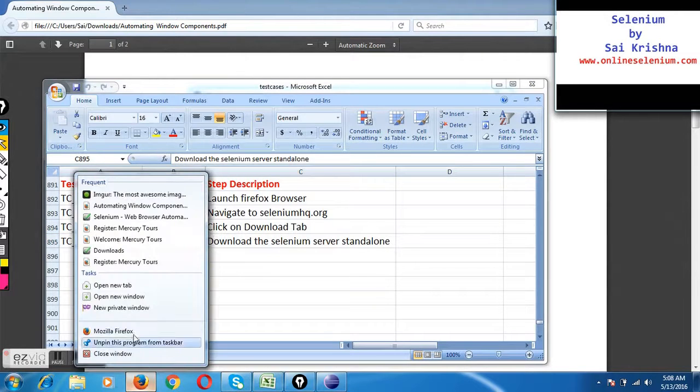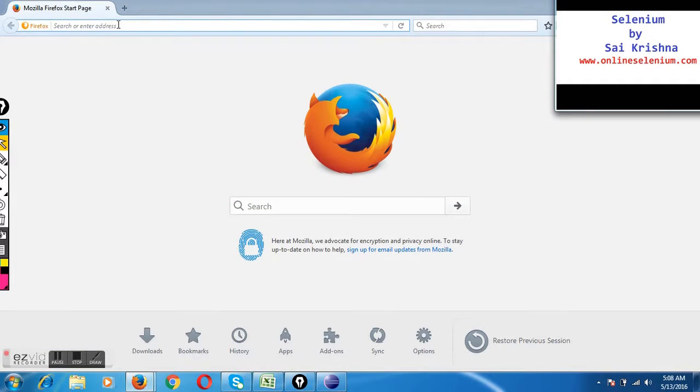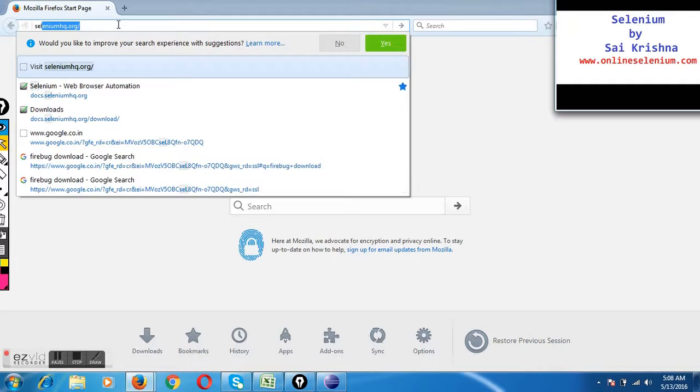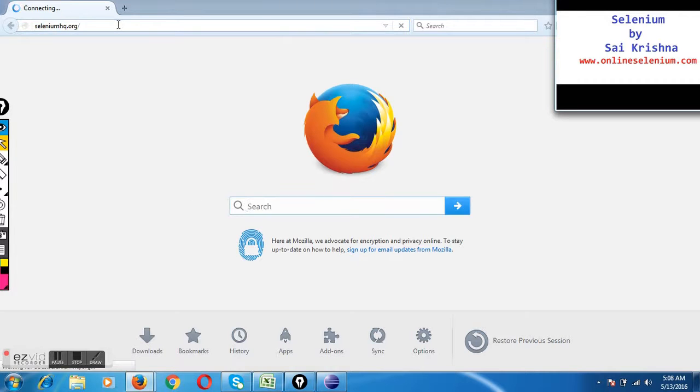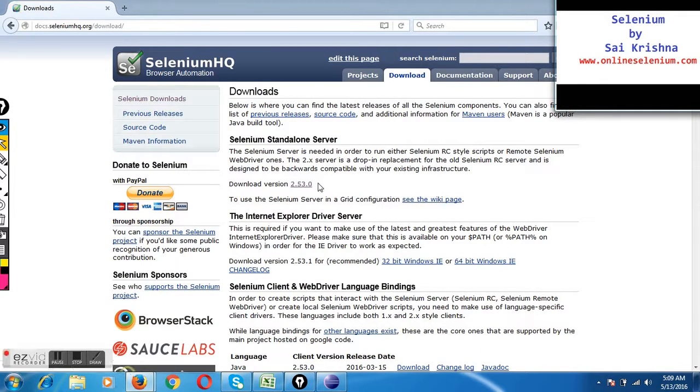Since we wrote the same code repeatedly, I'll just copy the code from yesterday's programs. My Selenium program should open seleniumhq.org and click on download, which Selenium can perform, and then click on the link called 2.53.0, using which we can download the jar file. This also can be automated.